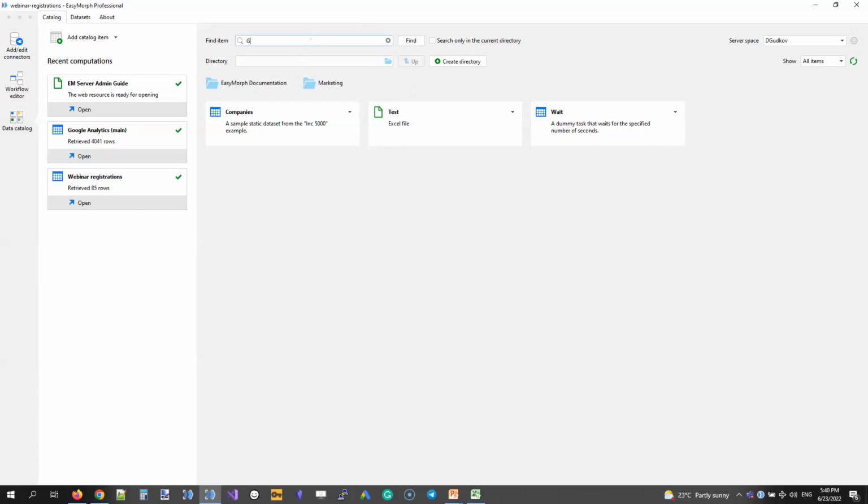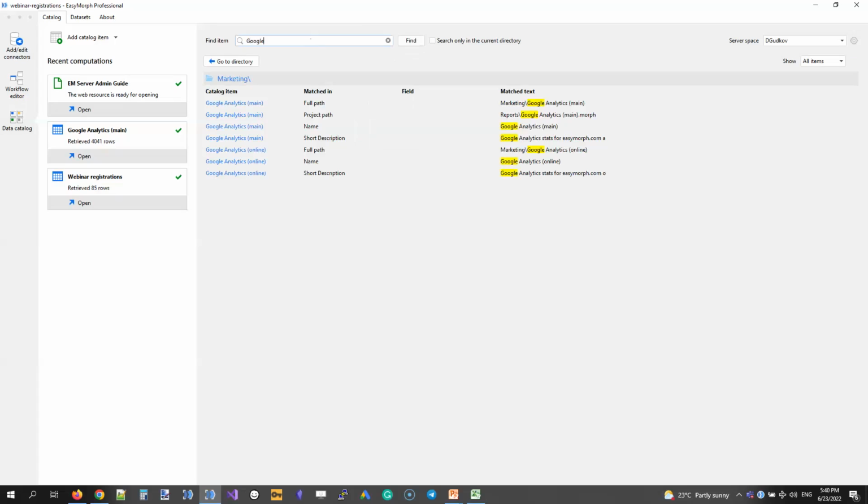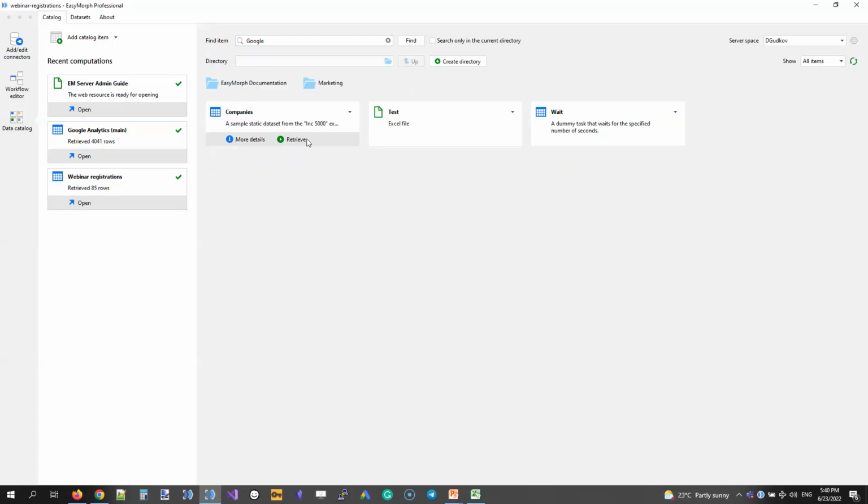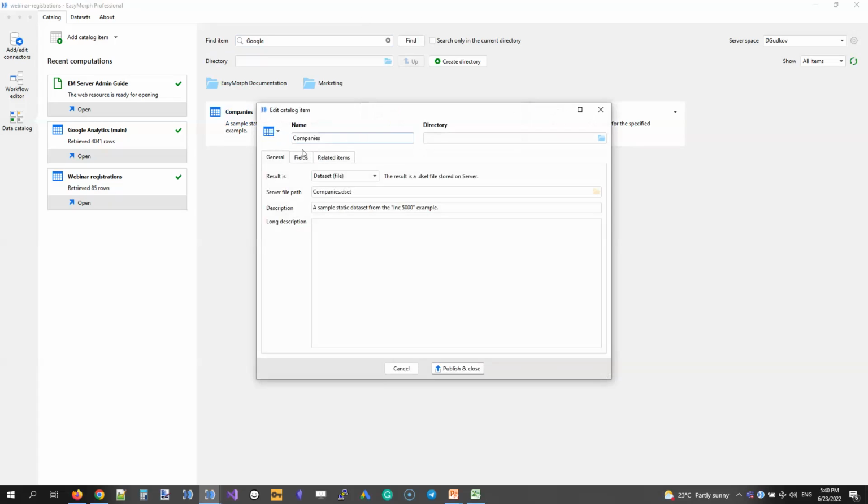For instance, if we type Google here, we will see a list of search matches where the keyword is found. It can be the item description, the item name, or it can be fields, because in each item we can have fields.